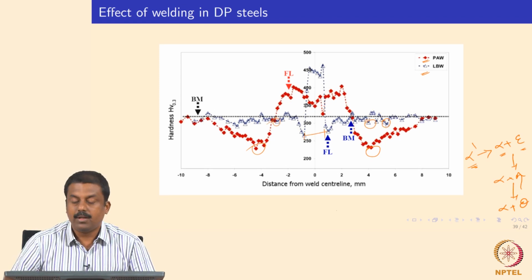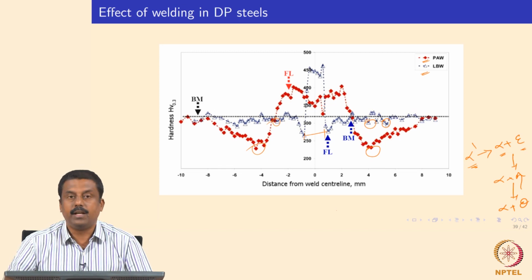So with this we will conclude the retained austenite fraction. We looked at two techniques. The first is the magnetic saturation method to measure the retained austenite fraction, and it is a bulk measurement that can give information about retained austenite over a wide area. So we have to use other techniques where we can measure retained austenite very locally, with very good spatial resolution.